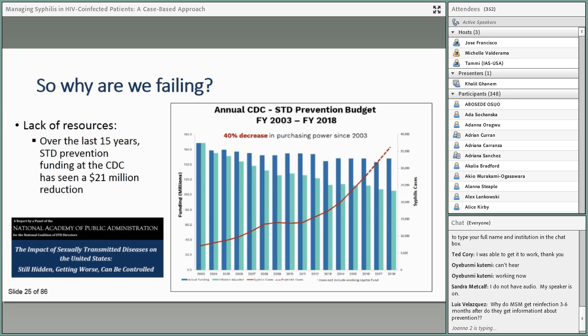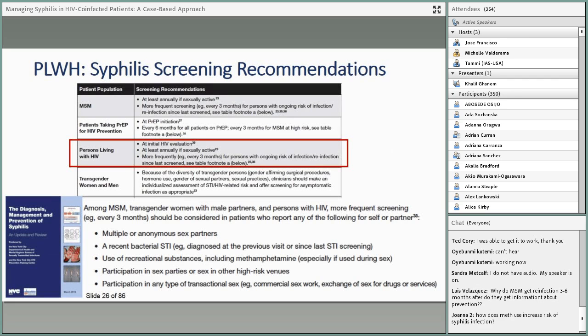And then finally, the biggest reason why we're failing is because it costs money to essentially control STIs. It costs money to do these interventions. And unfortunately for us, over the last 15 years, the budget to the CDC, which is responsible for allocating the money to the states to try and control STIs, has been flat, which essentially means that there's been a 40% decrease in purchasing power for the CDC to run these interventions. This past year, there's been a slight increase. That's great, but unfortunately, it's still very limited,